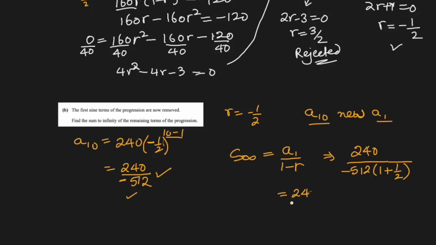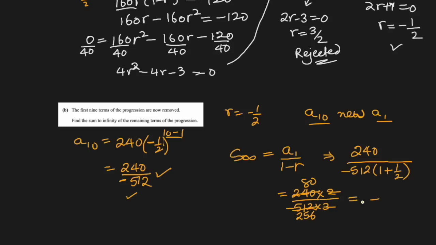240 over minus 512, and 1 plus 1 over 2 is 3 over 2. So I'll write 3 here and 2 here. The denominator of a denominator is multiplied with the numerator. Okay, so 80 cancels, 256 cancels,